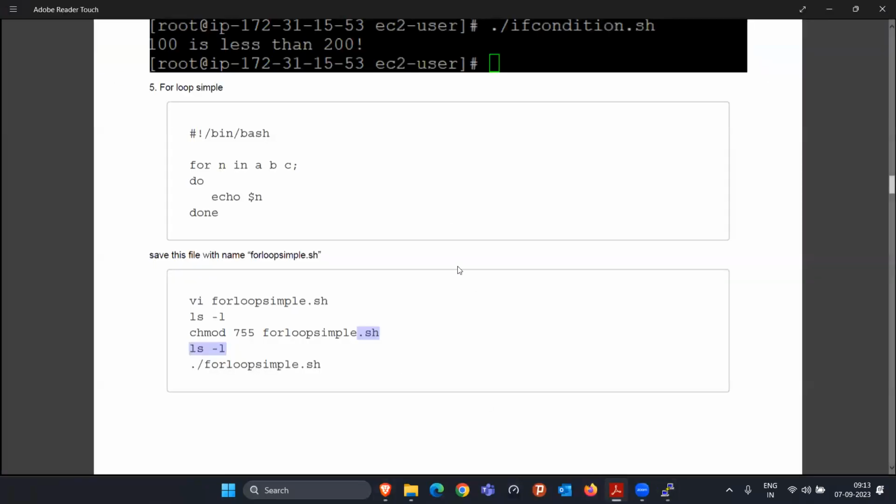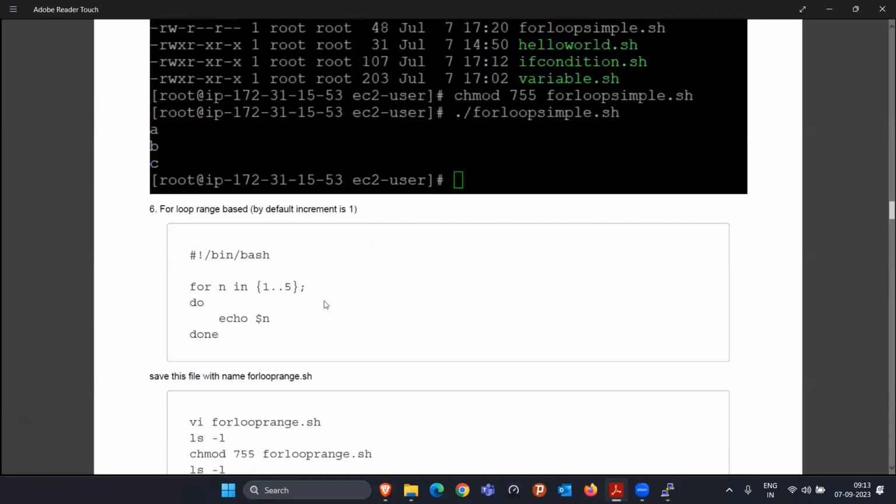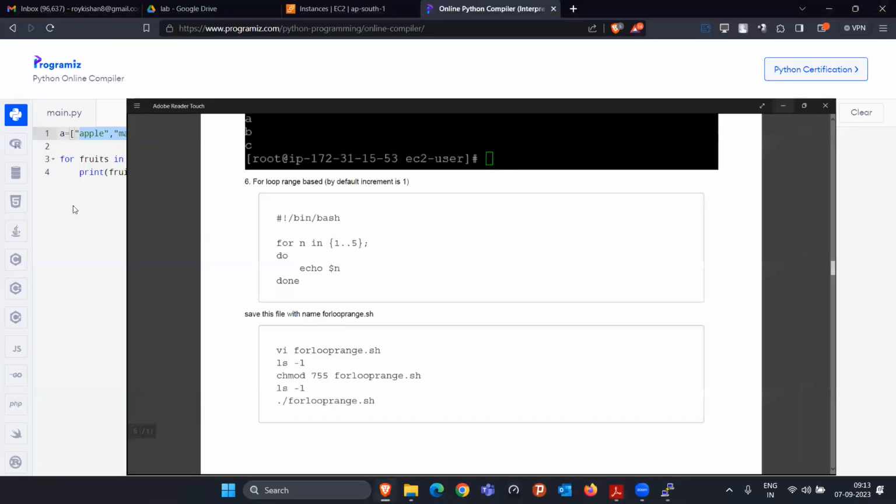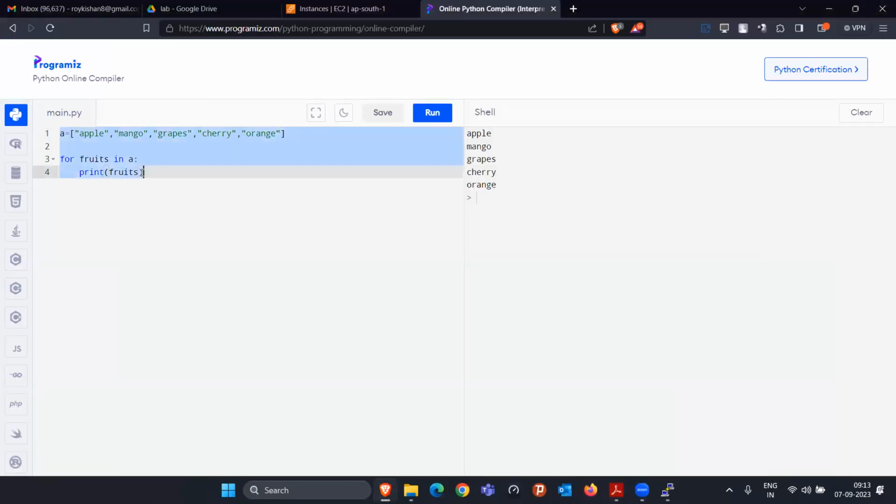So this is about the simple for loop. There are also for loops with numbering, where you can create multiple numbers. Take an example in Python: if you want to do this numbering, you can write the logic something like this. For i in range, not i, you can take any variable, for num in range